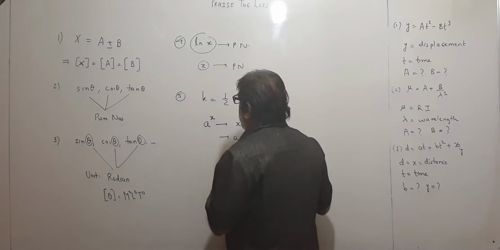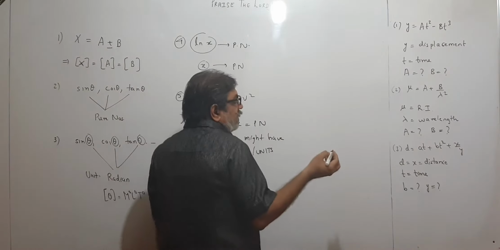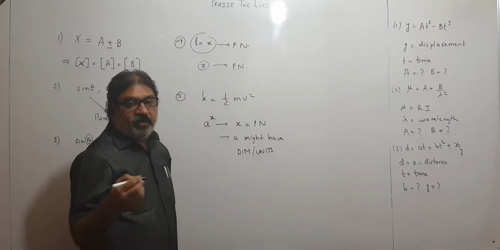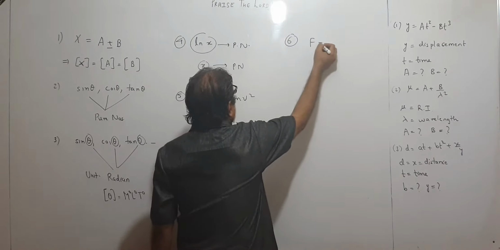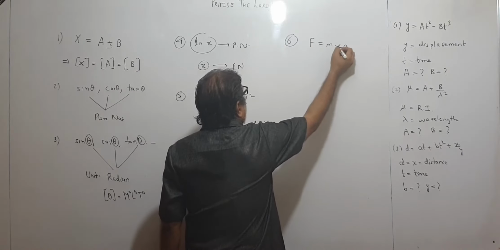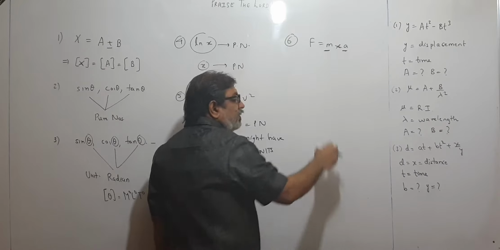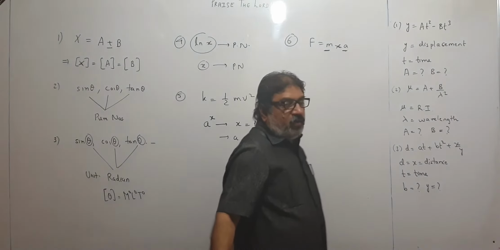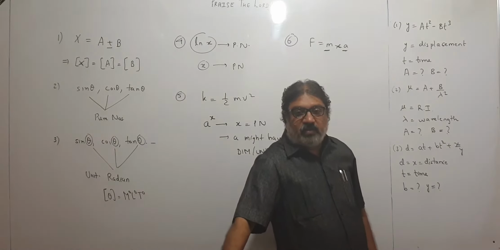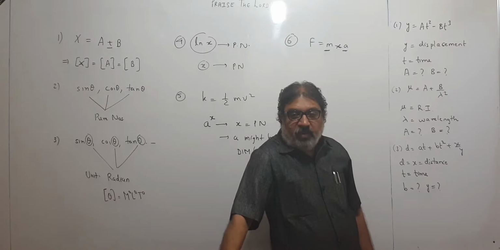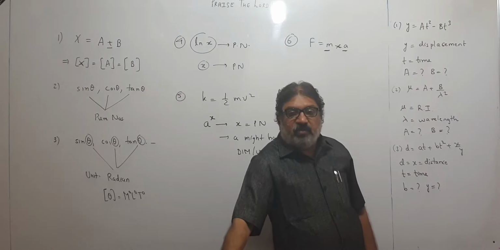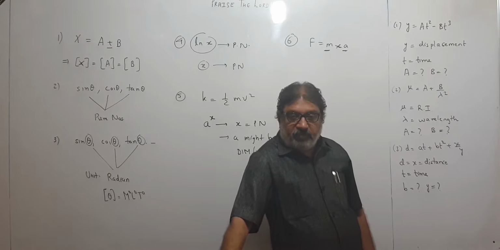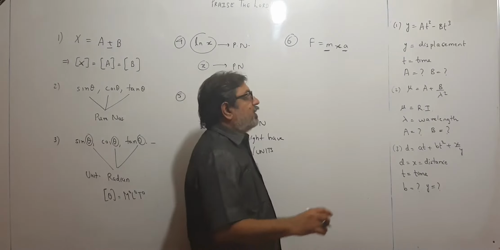And you know that as far as plus and minus are concerned, I told you that dimensions should be same, then only plus and minus can be carried out. But what about multiplication? See, force is mass into acceleration. We are multiplying this and this. They have got different units. Mass is having kilogram, acceleration is having meter per second square. Still, we are multiplying them. So multiplication of different physical quantities is possible, even though they may not have same dimensions or same units, but we can multiply them.